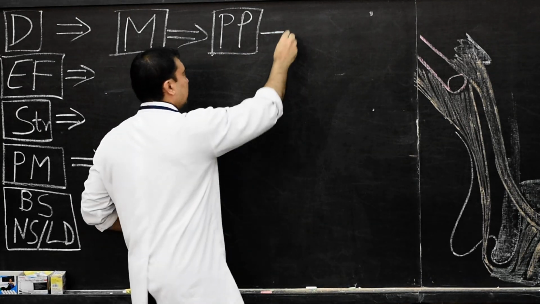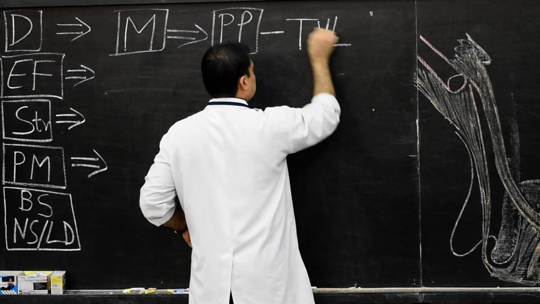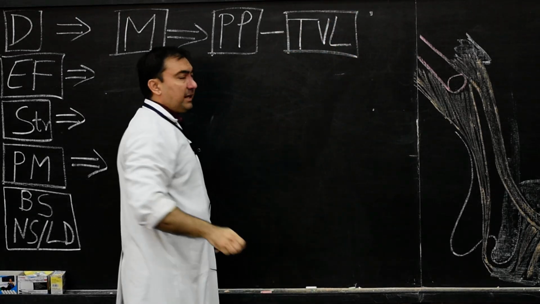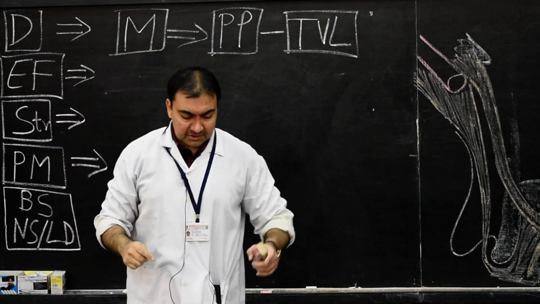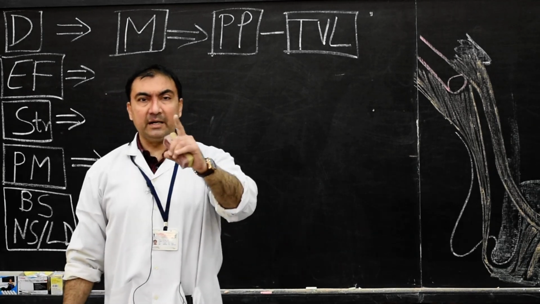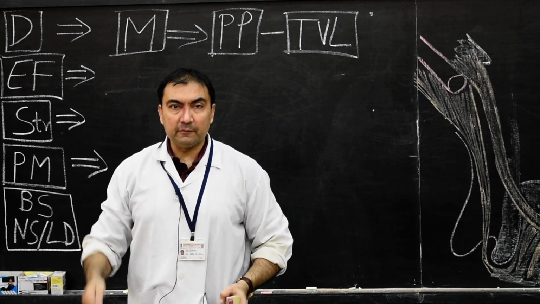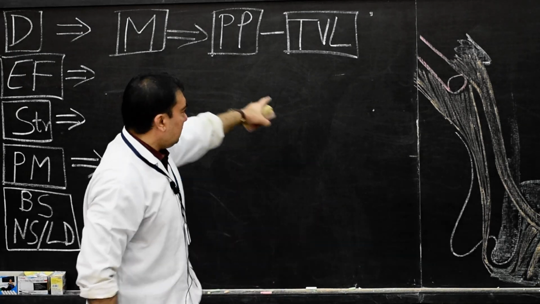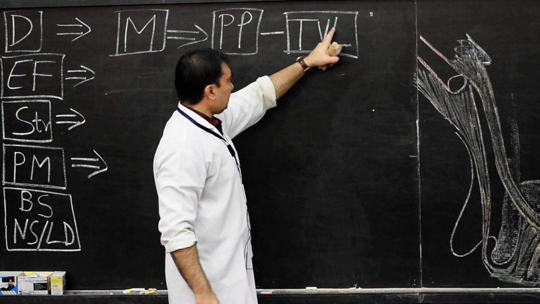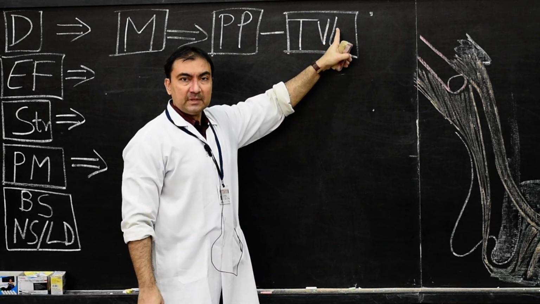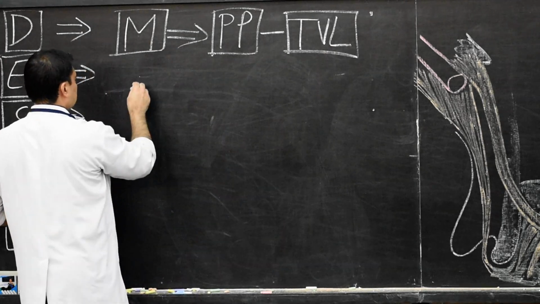Tensor veli palatini muscle. And this tensor veli palatini muscle will be supplied by, rewind back to earlier sessions, the nerve to medial pterygoid, a branch of mandibular nerve. It will pass through the otic ganglion and supply tensor veli palatini muscle. Then after motor, we come down to